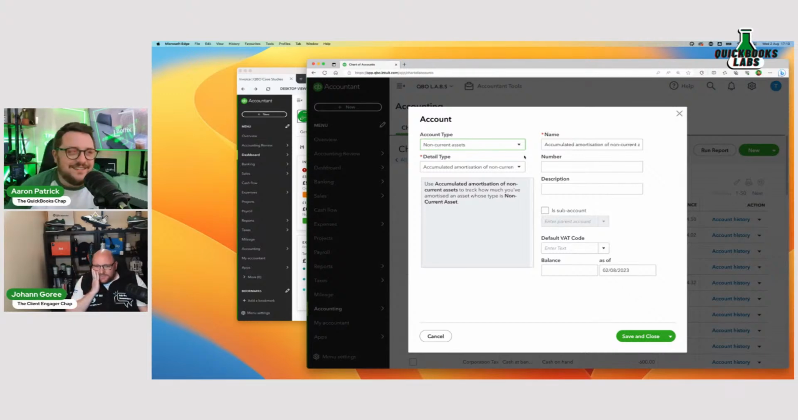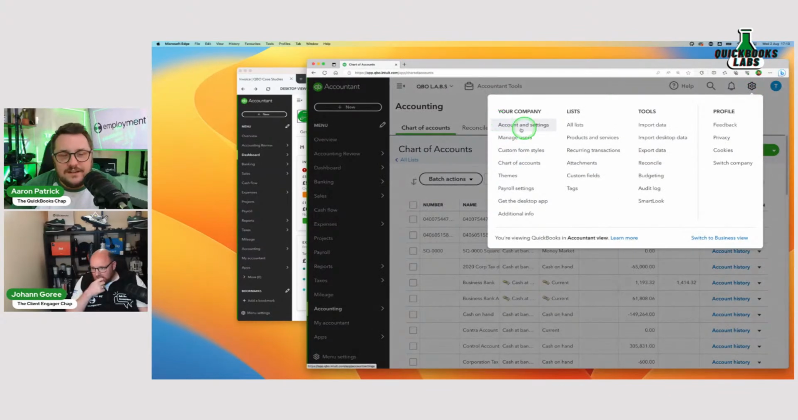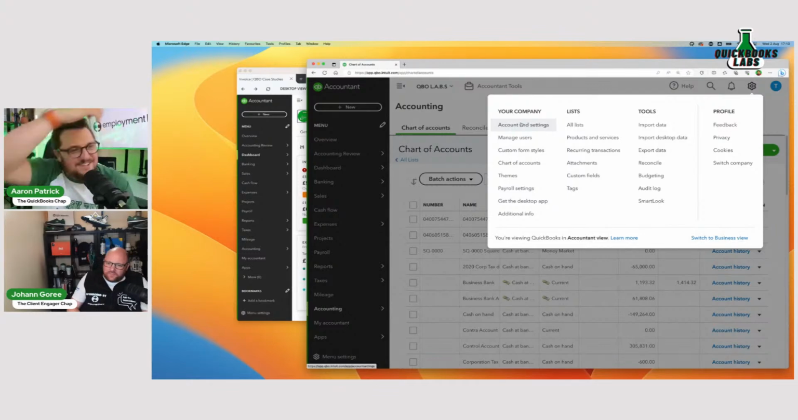Not a fan then. Is it safe to say that you don't go around turning on the QuickBooks account numbers as well? Do I? You're not a fan of that. It's too